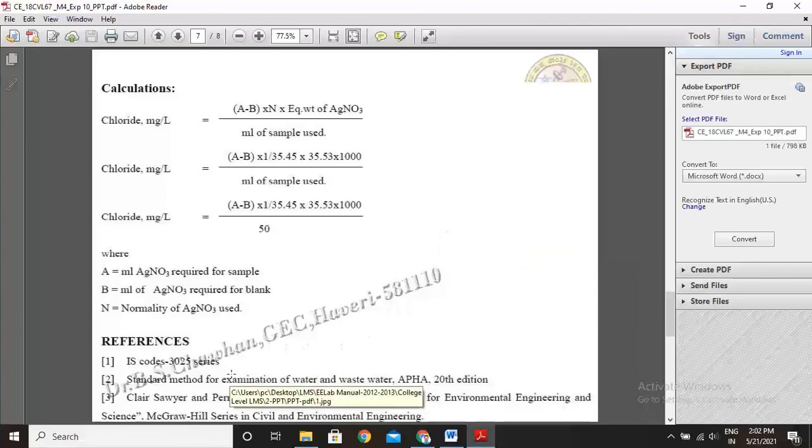These are the references referred to for conducting this experiment in detail, as well as the subject concepts and purpose. So now remember the steps, remember the reagents, write clear observations in the tabular column, and do the calculations. We get the results. Then you write comments or conclusion based on the results obtained.